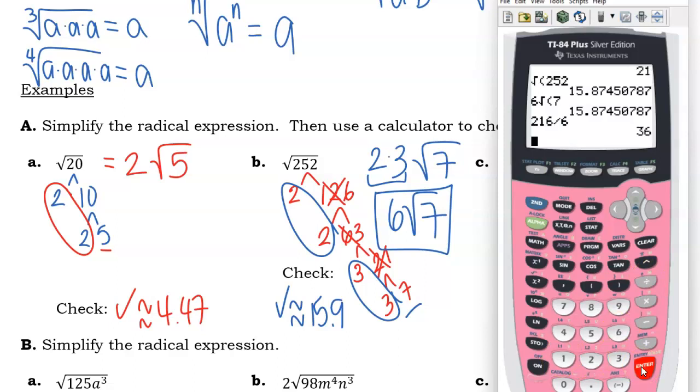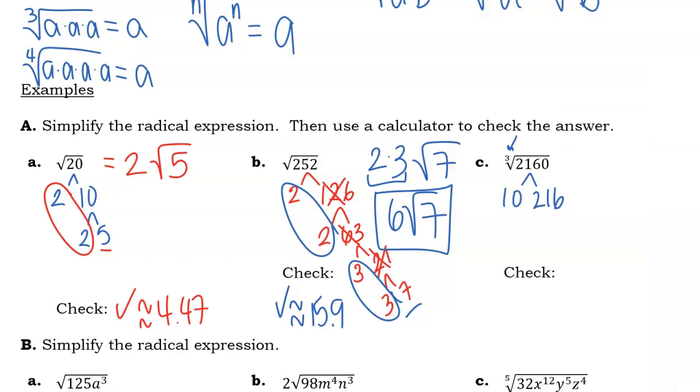Look at that, 6 and 36. Ooh, and 36 is a nice number. So 216 splits into 6 and 36. 36 splits into 6 and 6. And I'm going to stop there. I know 6 isn't prime, but I have a 3 of a kind on a cube root. I know that'll come out. So I'm going to go ahead and circle my 3 of a kind. Again, 3 of a kind because of the cube root